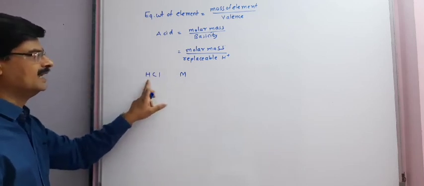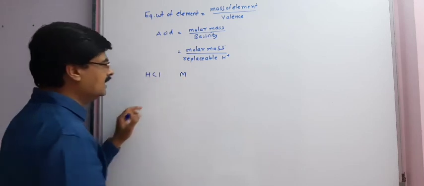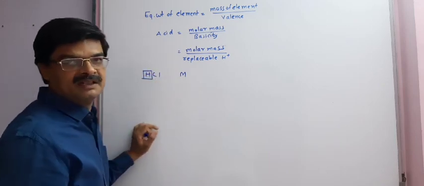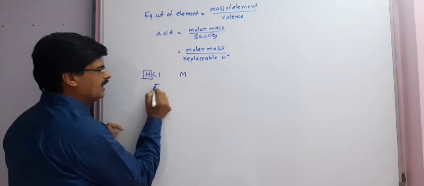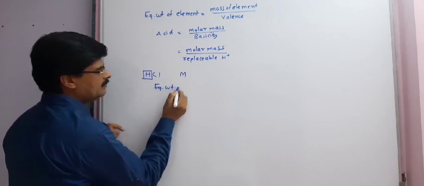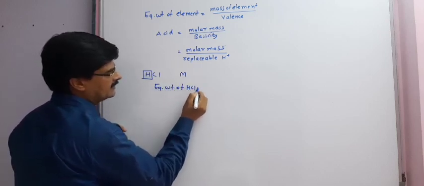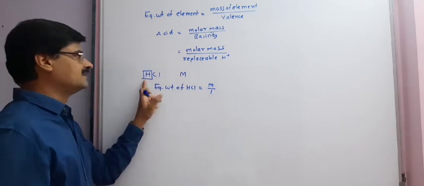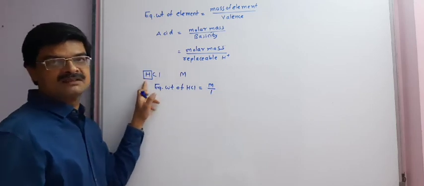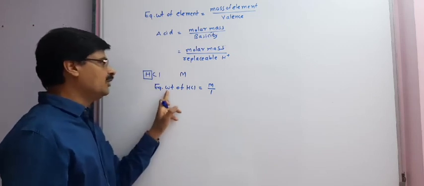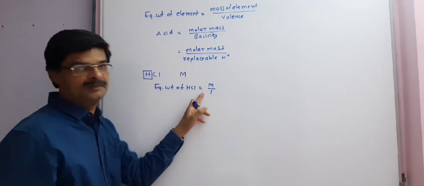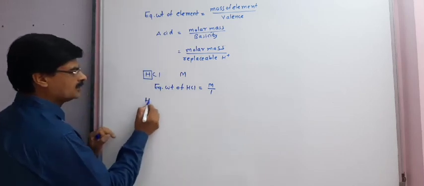Only one H plus is present in HCl, so equivalent weight of HCl is equal to m divided by 1. For HCl, the molar mass is 36.5, so its equivalent weight will also remain 36.5. Now for HNO3,